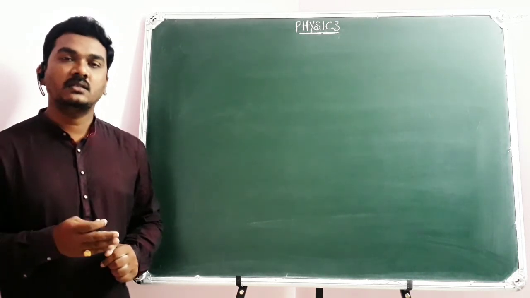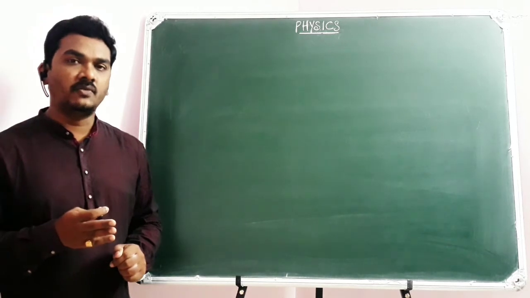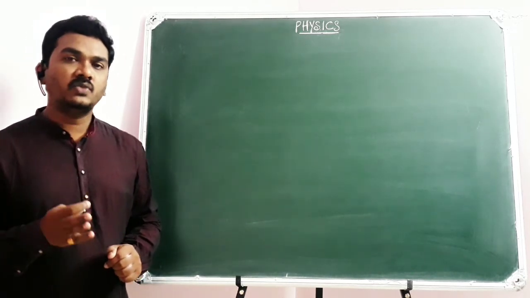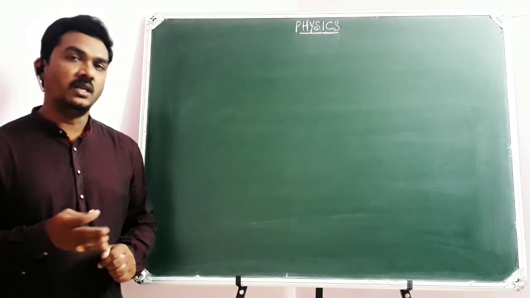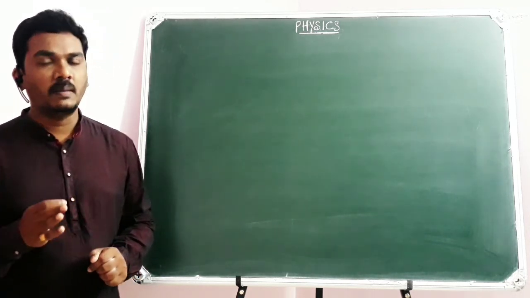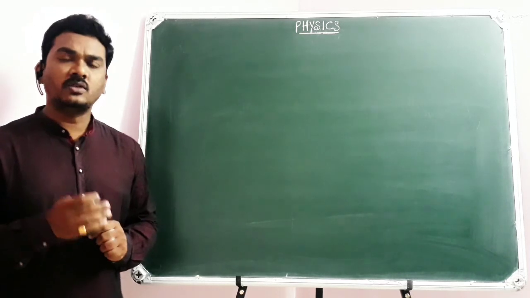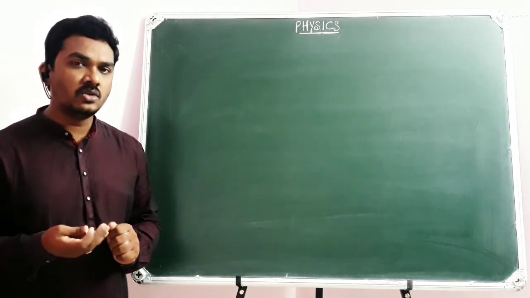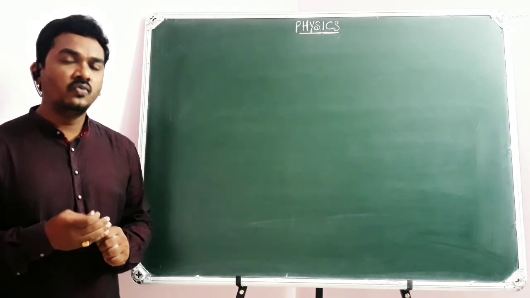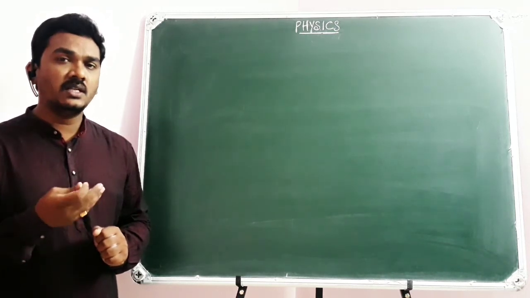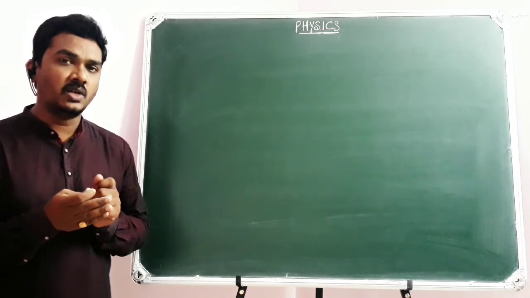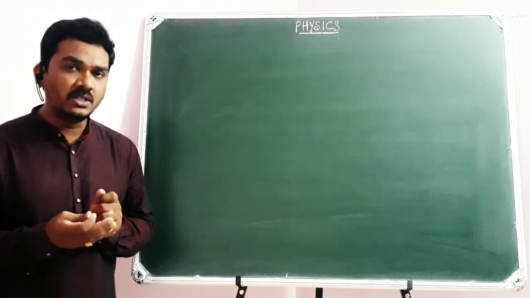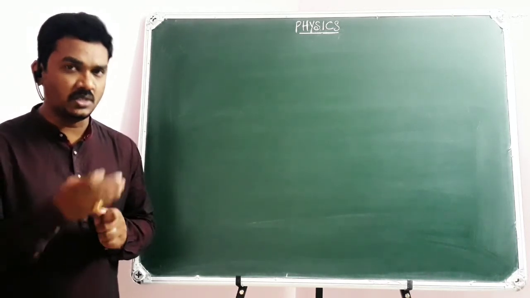Yes, in the last class, we dealt with the combination of resistors and in what way we can calculate the equivalent resistance, either in series combination or in parallel combination. Of course, when there are two or more resistors in the electric circuit, we try to identify whether they are in series or in parallel. Then we will try to reduce the electric circuit. Then we come to calculate the equivalent resistance.